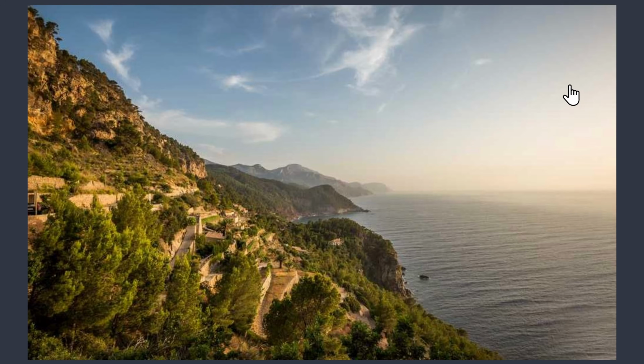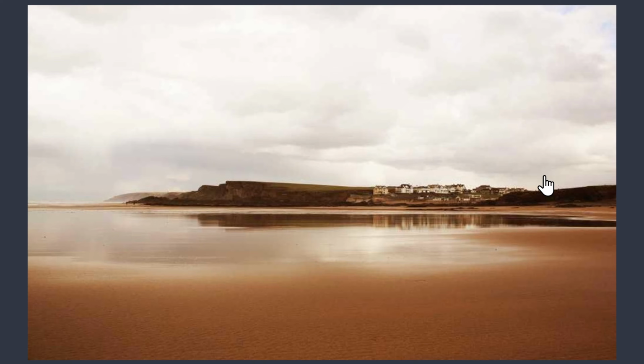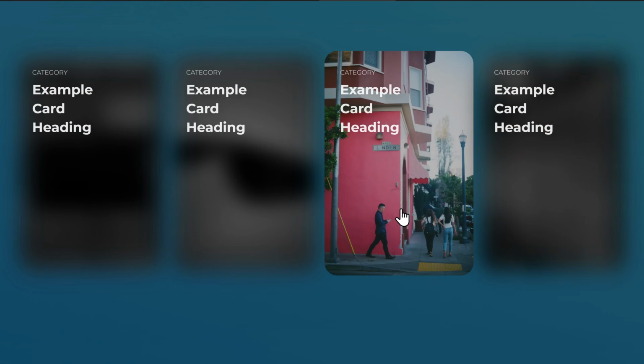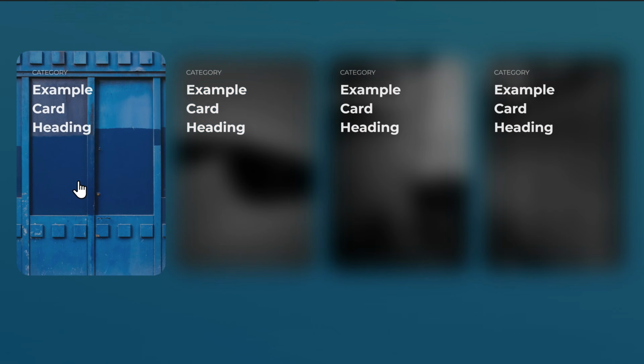A super cool gallery of photos that go full screen on mouse over. Some really unique cards with amazing hover effects. Or a split up image that binds back together. Well, normally you're not gonna be able to make any of this because you're gonna be limited by the widgets